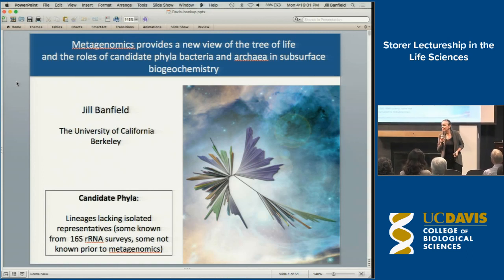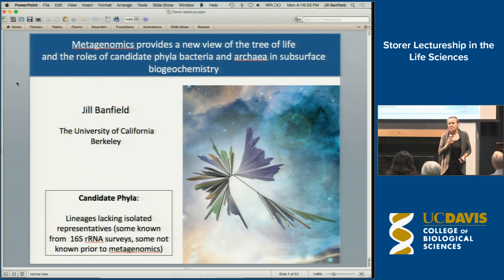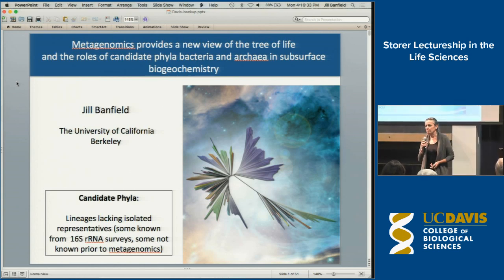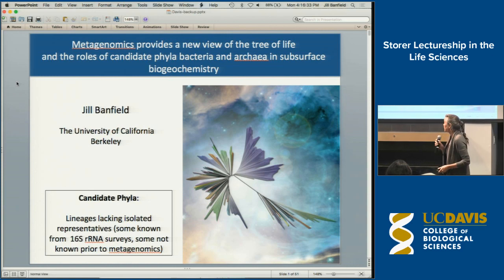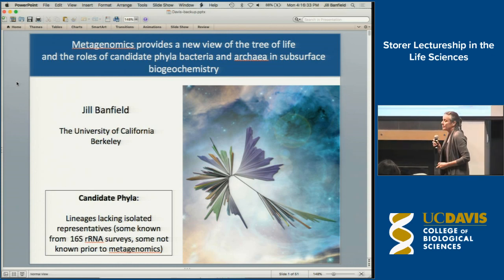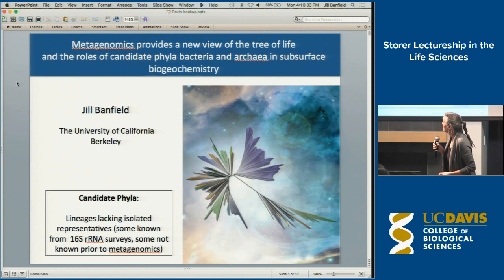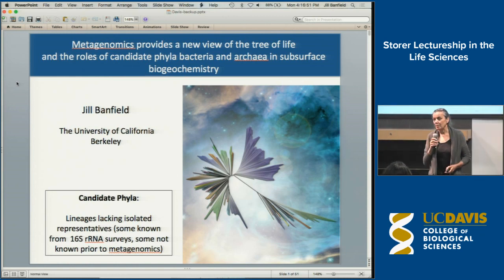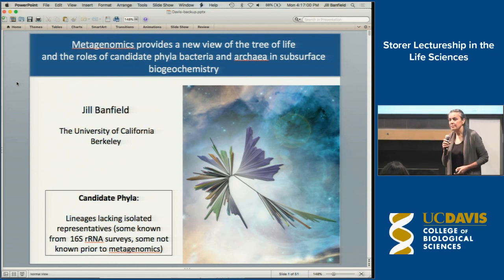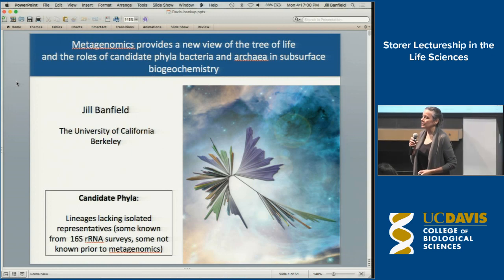I'm going to tell you about a part of our research which is really focused on what we call candidate phyla. So I want to take a moment to explain what I mean by candidate phyla. These are large chunks of the tree of life that are not represented by even a single isolate. And to this day, they've been known based on gene surveys, such as 16S RNA gene surveys, which basically tell you there's something there and something about where it places phylogenetically. But more importantly for me, methods that we broadly describe as metagenomics, but specifically the form of metagenomics that recovers